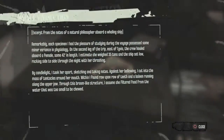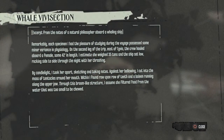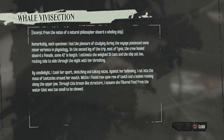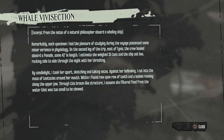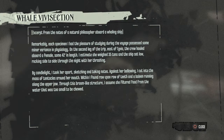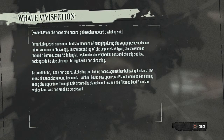Whale Vivisection. Excerpt from the notes of a natural philosopher aboard a whaling ship. Remarkably, each specimen I had the pleasure of studying during the voyage possessed some minor variance in physiology. On the second leg of the trip, east of Tivia, the crew hauled aboard a female, some 42 feet in